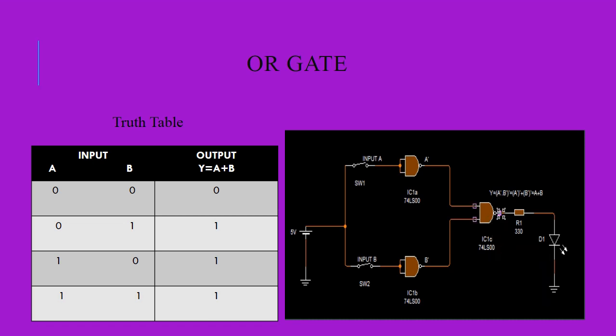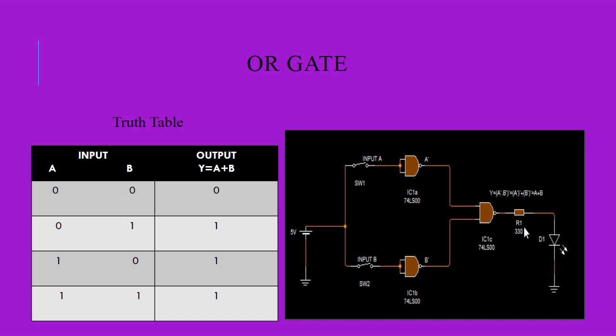So this is the output terminal, which is referred to as Y. From this output terminal, what do we get? We get (A bar dot B bar) whole bar. A bar dot B bar whole bar means A bar whole bar plus B bar whole bar. A bar whole bar means A double bar, and B bar whole bar means B double bar. What we get is A or B. So from this output terminal we get Y equal to A or B.